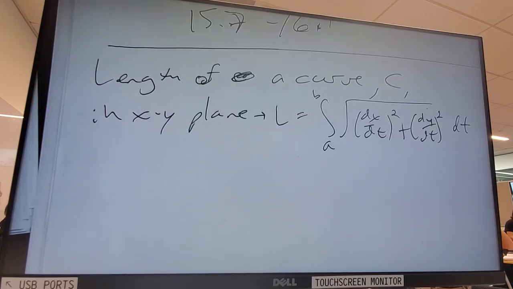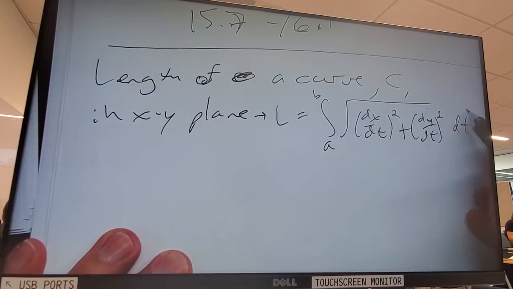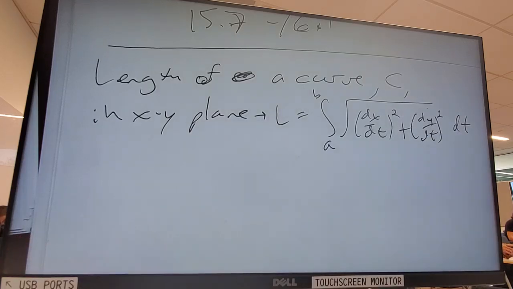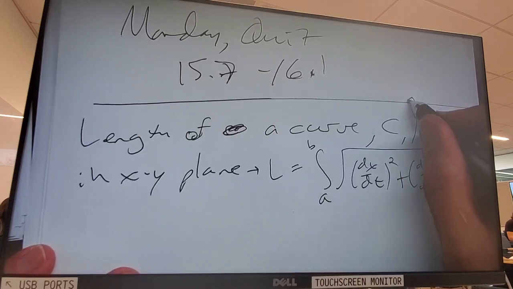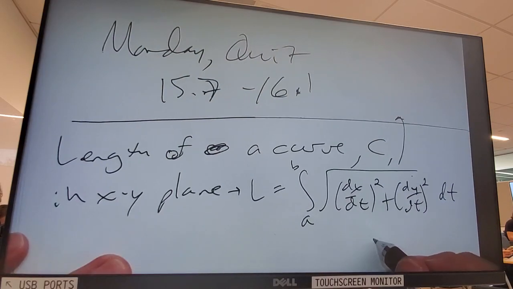Now, if you, how do I say this? If you were to bring that dt in, you'd have to square root and square it so that it's able to go into the radical. And it would kind of cancel with each of these. And then it becomes a lot less calculus sound.